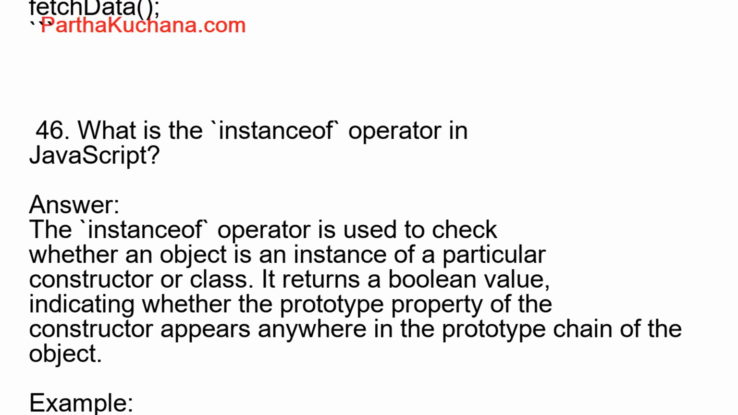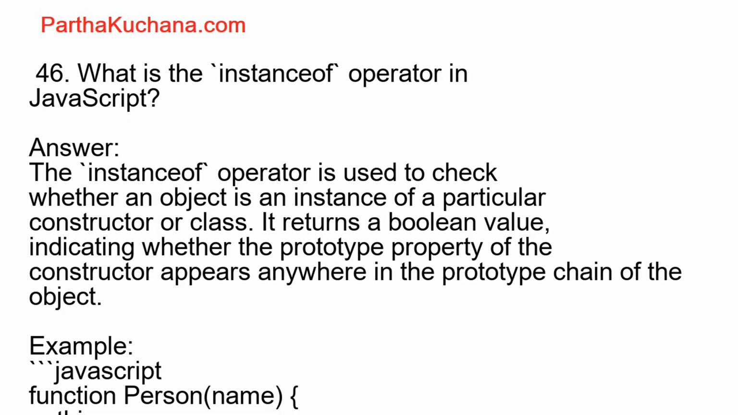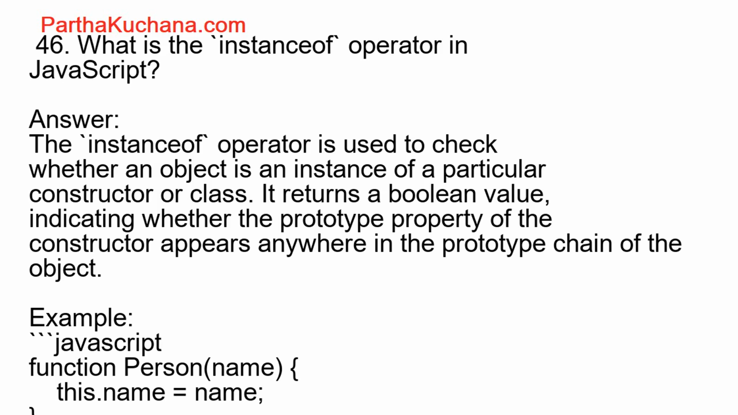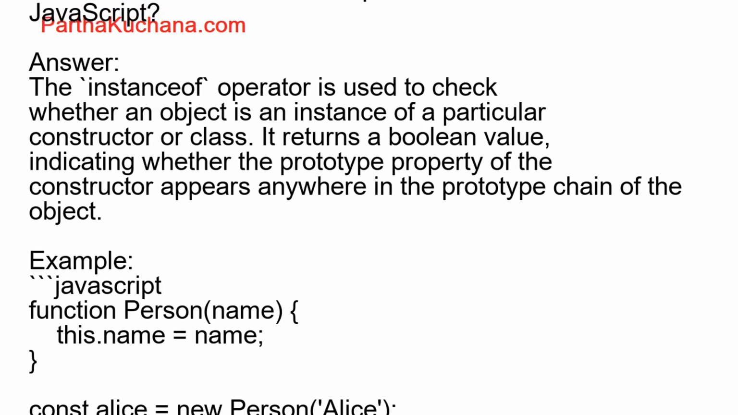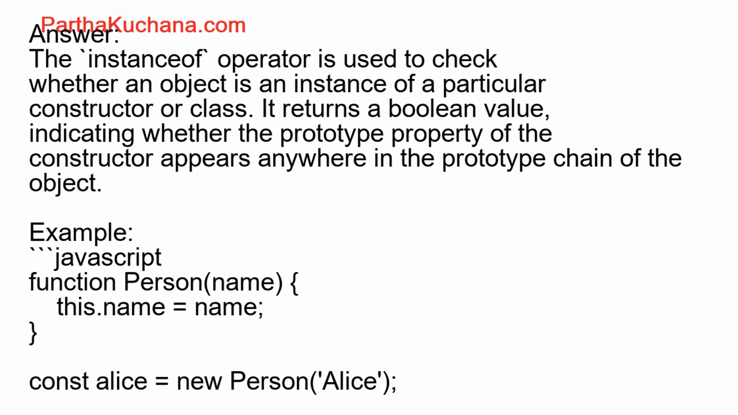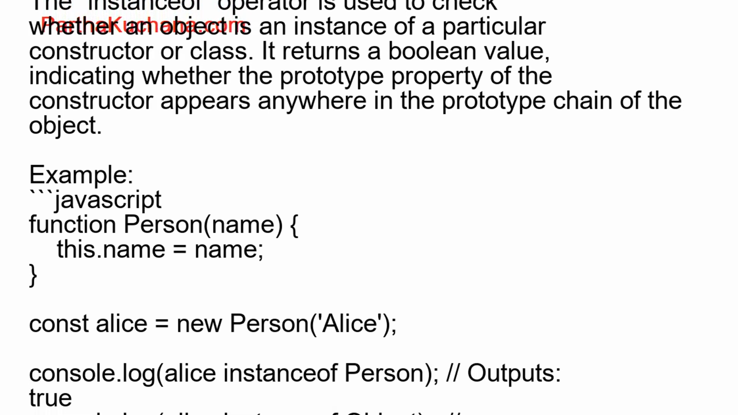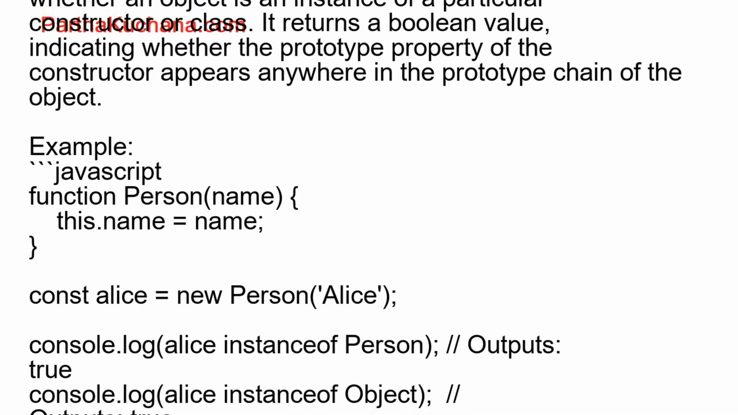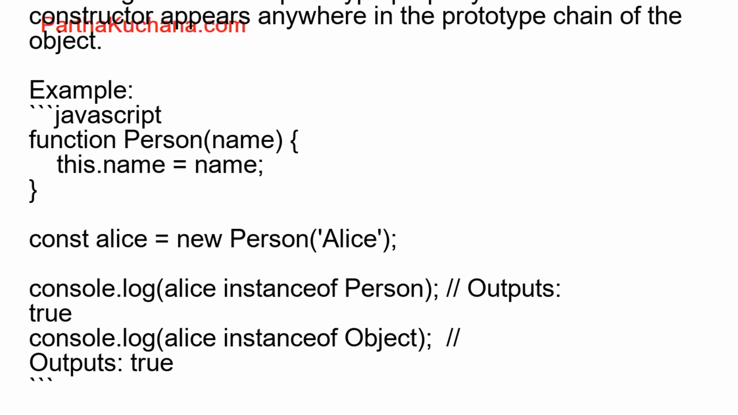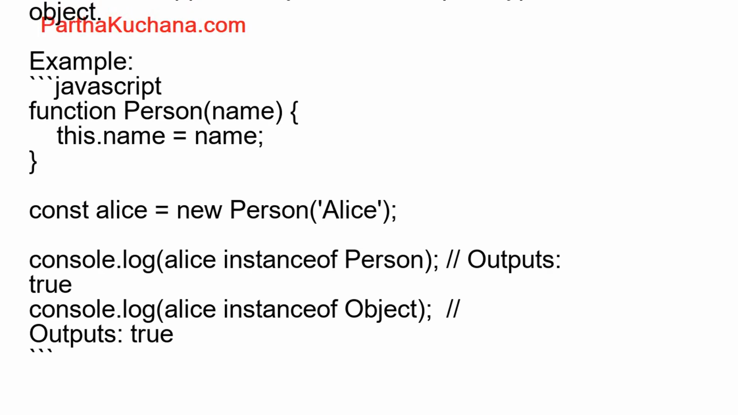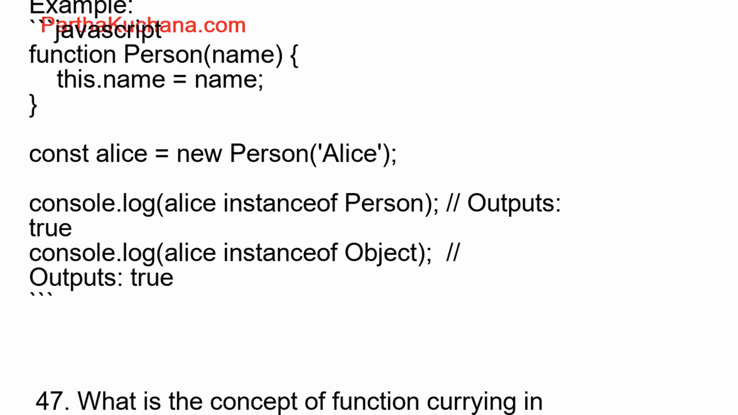Example: HTML. <ul id="myList"> <li>Item 1</li> <li>Item 2</li> <li>Item 3</li> </ul>. JavaScript. const list = document.getElementById("myList"); list.addEventListener("click", (event) => { if (event.target.tagName === "LI") { console.log(`You clicked on ${event.target.textContent}`); } });